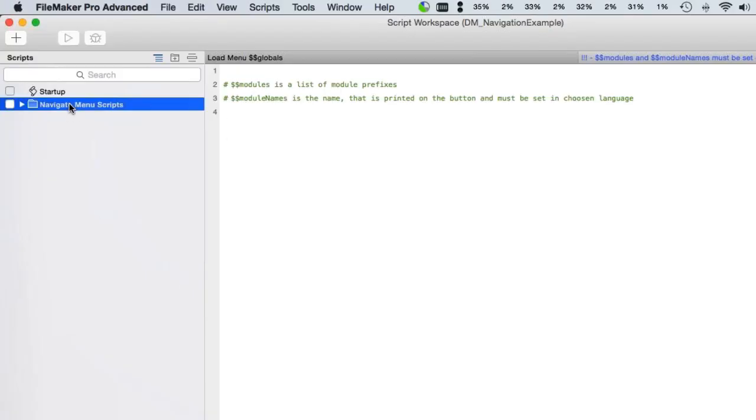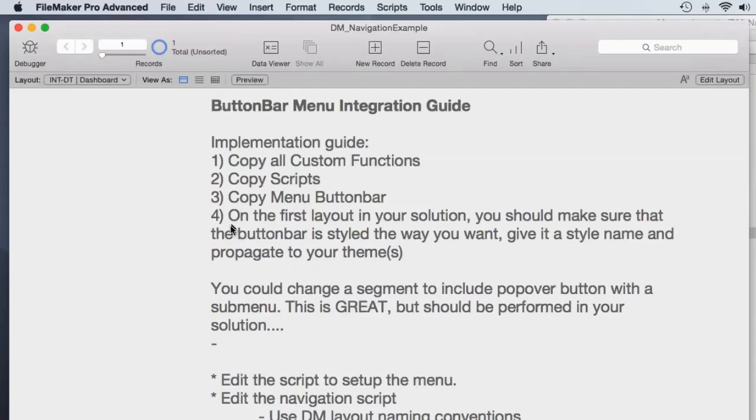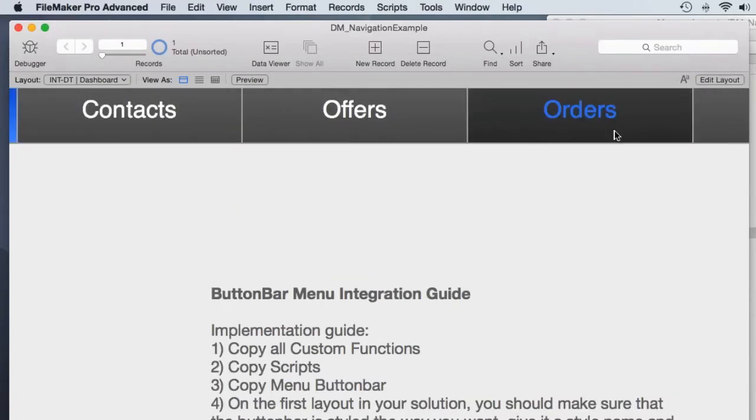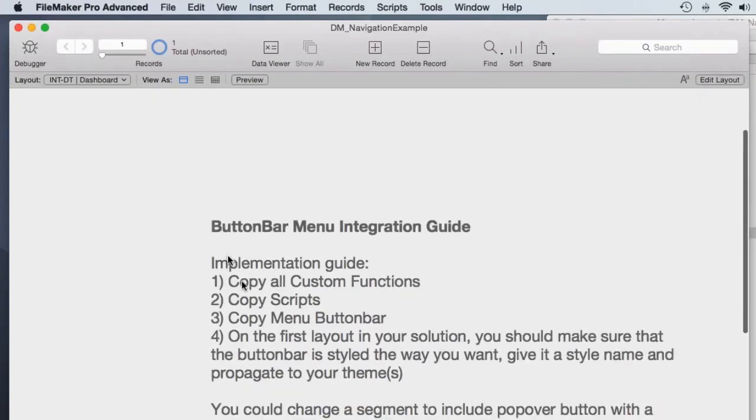And then you just copy this folder into your solution. The third thing is copy the actual menu button bar. And on the first layout in your solution where you insert this button bar, make sure you style it as you want it to appear in your solution, and give it a name and save it as a custom style,